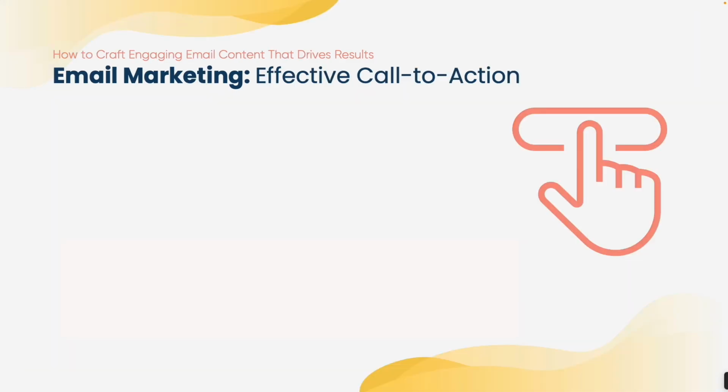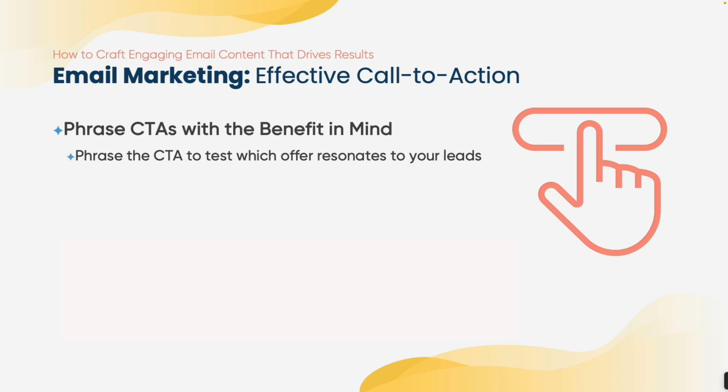Next, you want to make sure our call to actions are as effective as possible. So think about the benefit in mind of your CTA, not just the landing page, but also a creative CTA that actually gets someone's interest. So test different offers and think about what might intrigue your prospect. Limit the number of CTAs. You don't want to have 15 CTAs or links in an email, but try a mix. Do 1 or 2 text links in the message and do a button at the very bottom.